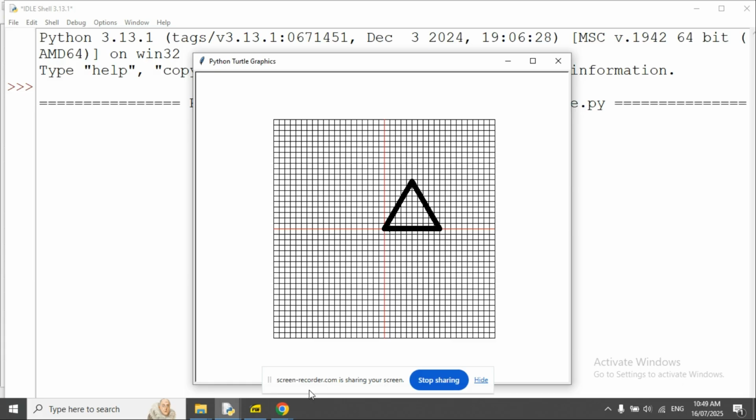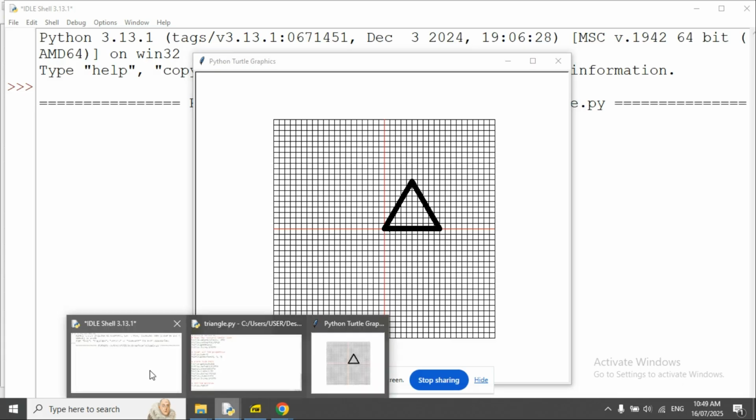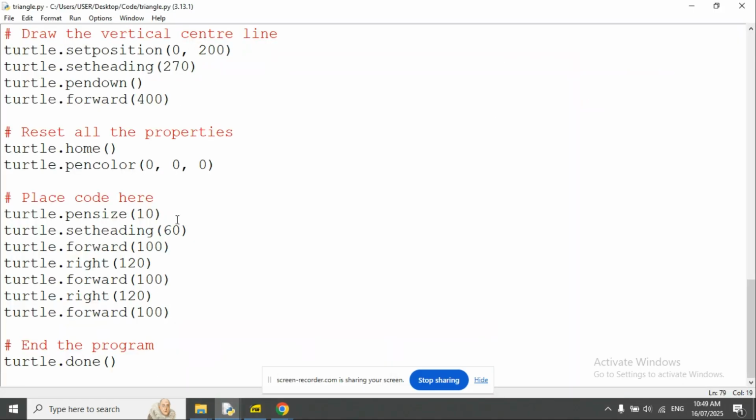Okay, let's go back to the code. The only new thing here will be turtle.setheading. Remember, we are dealing with an equilateral triangle. So because of that, we have to set the heading. This will allow us to set the direction in which the turtle will adjust itself